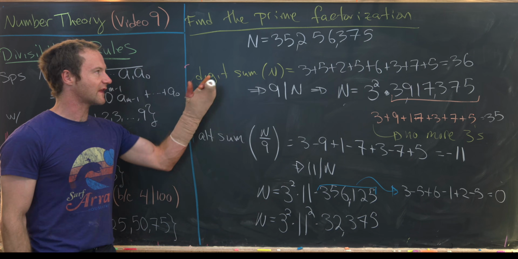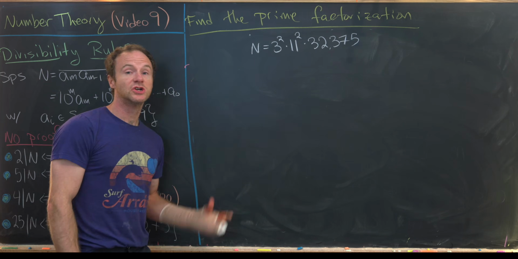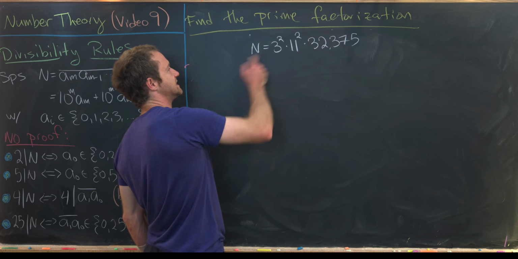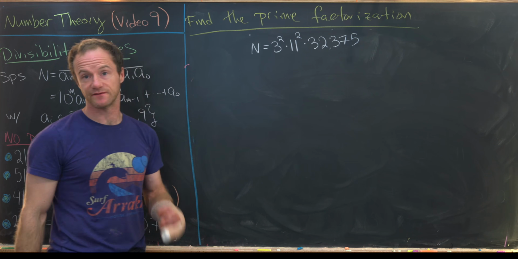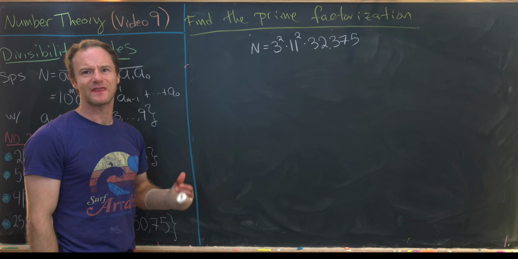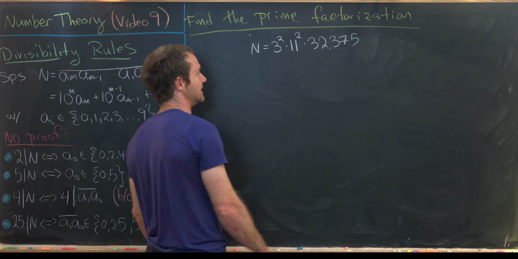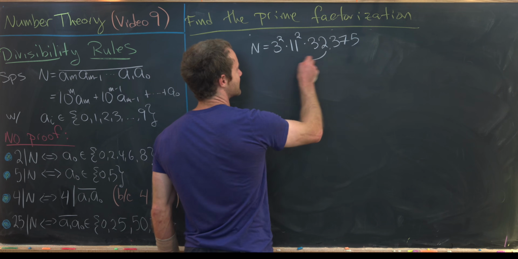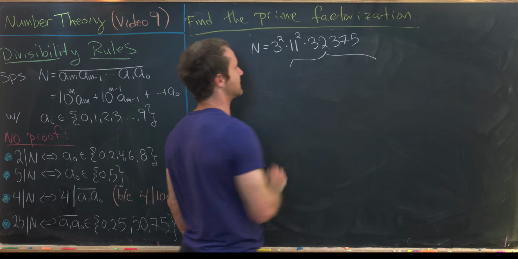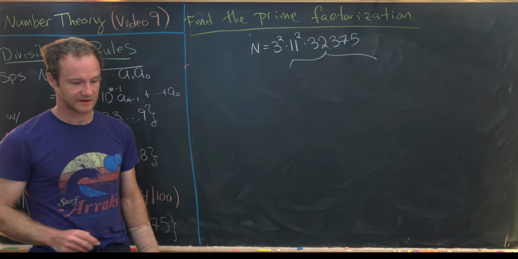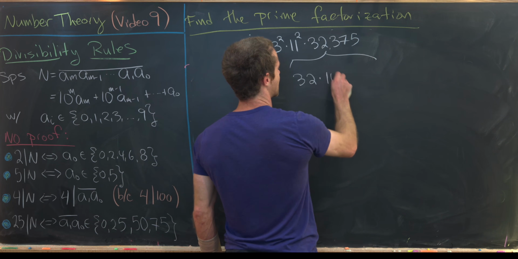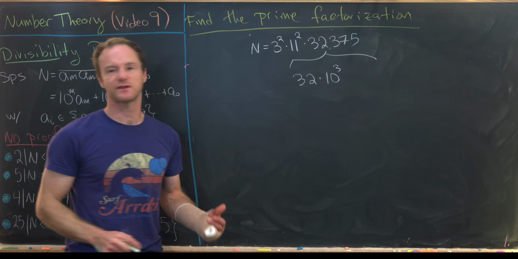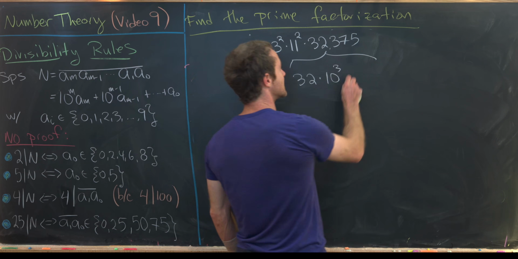Now let's maybe bring that up and then we'll finish it off. So far, we've seen that n is equal to 3 squared times 11 squared times 32,375. Now we're going to look at the factors of 5. In order to do that, I'm going to take this leftover bit, this 32,375, and I'll write it as 32 times 10 cubed. So that's 32,000 plus